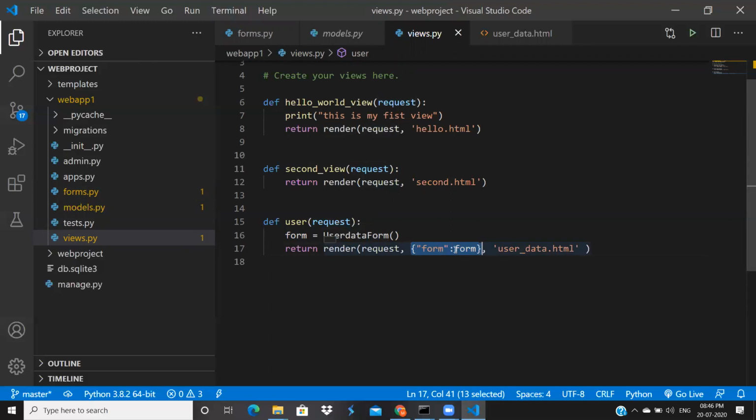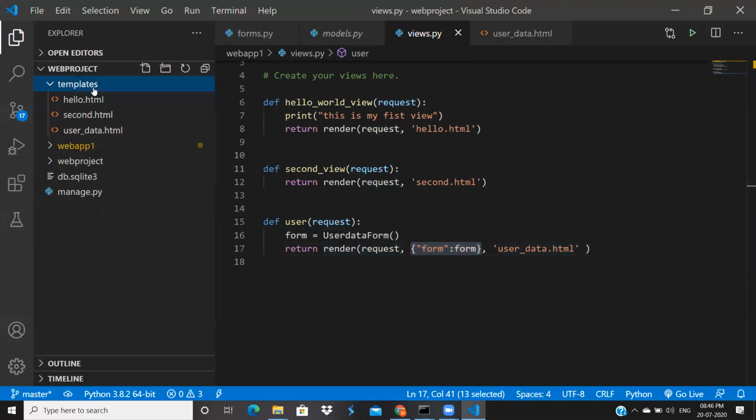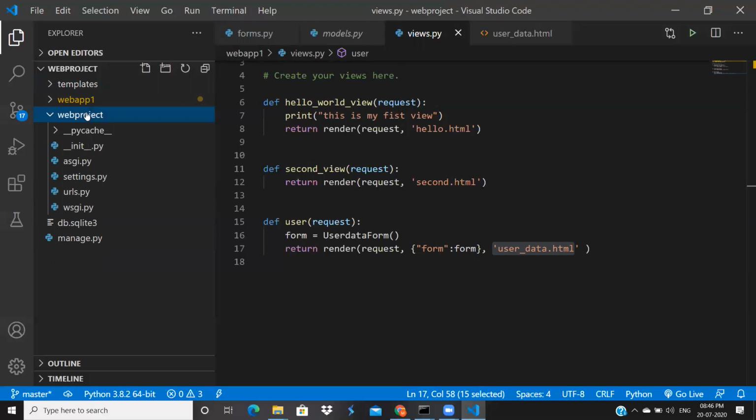After that, I went to templates and created user data.html, because I'm passing that template here. If it is not there, definitely it's going to throw an error. Now I want to write URLs for this.